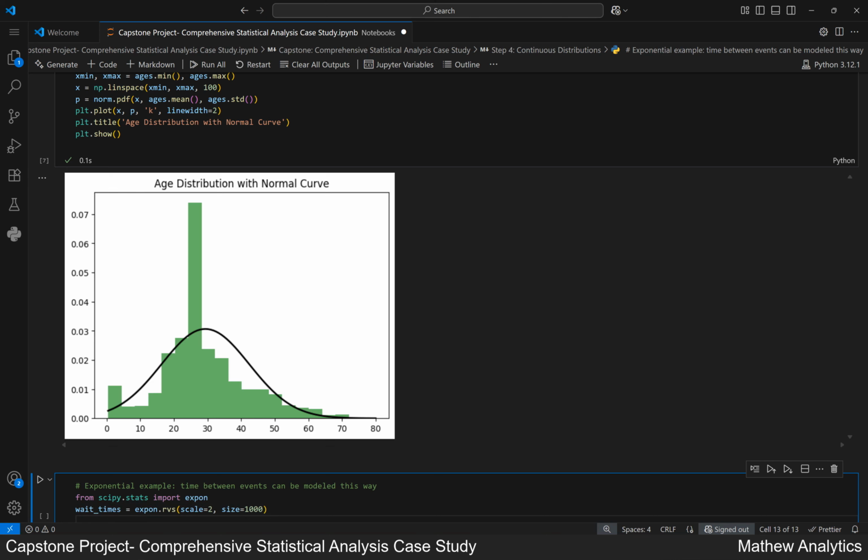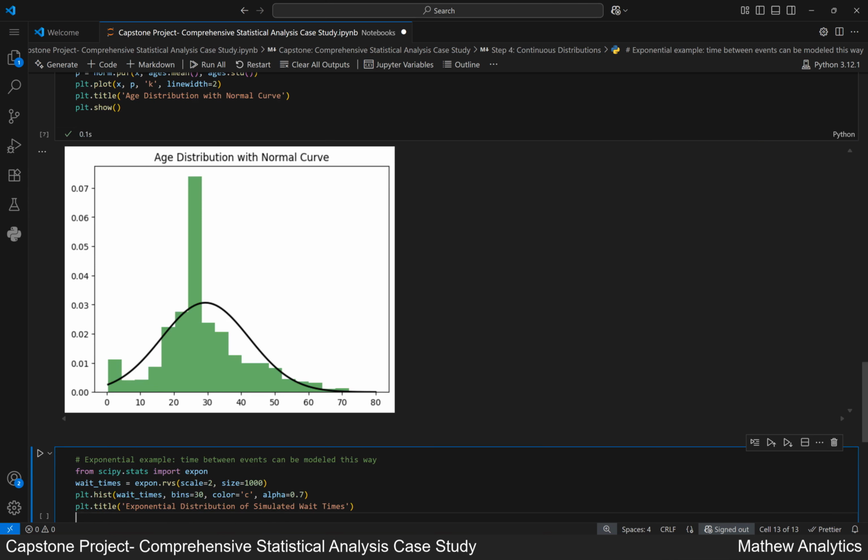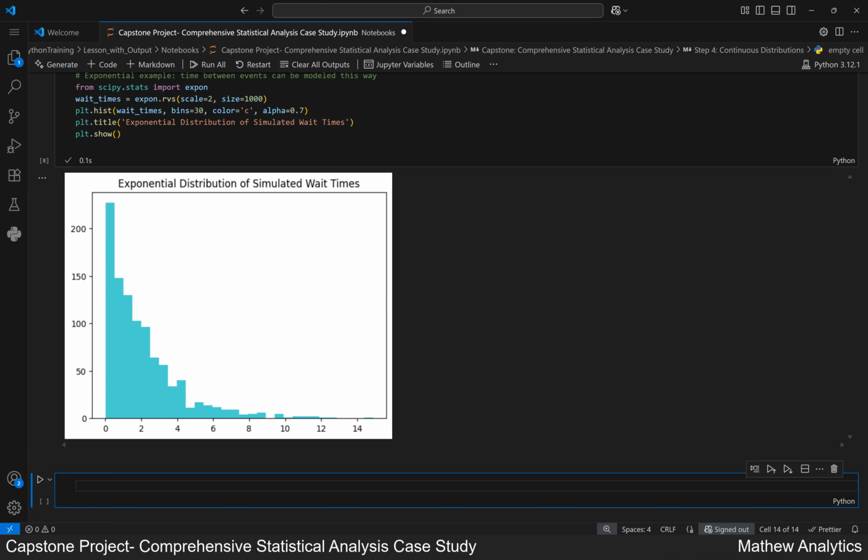We create a histogram of the wait times with 30 bins, using cyan color and some transparency. We add a title to the plot to describe what it shows. We display the plot on the screen. Running the cell now. Here we generated 1000 simulated wait times using an exponential distribution, which models the time between